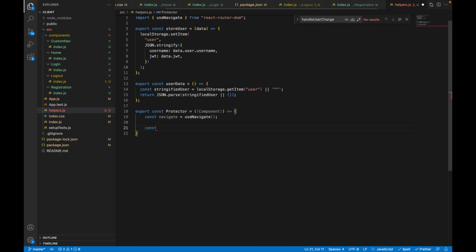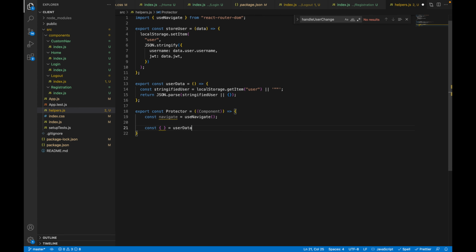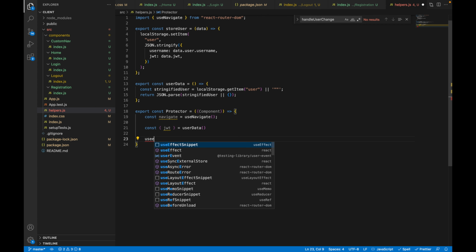Const, we can get this from userData, the function at the top, and this will return all the user data, but we are interested only in the JSON web token. We can destructure it like this, and then we can call useEffect,